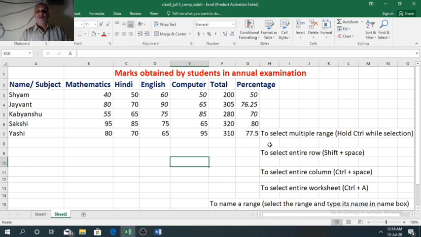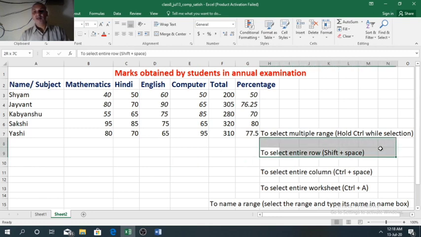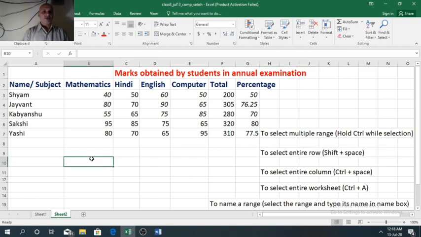Third topic is how to select an entire row. We need to press the Shift key and space bar together. First you click anywhere. This is row number 10.